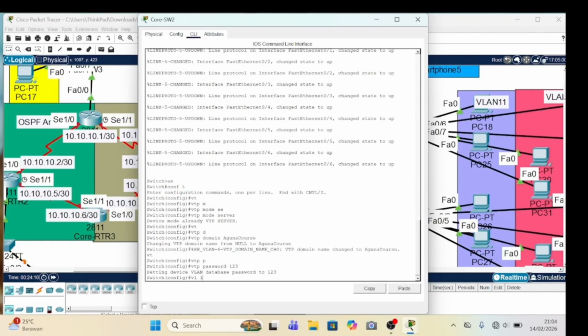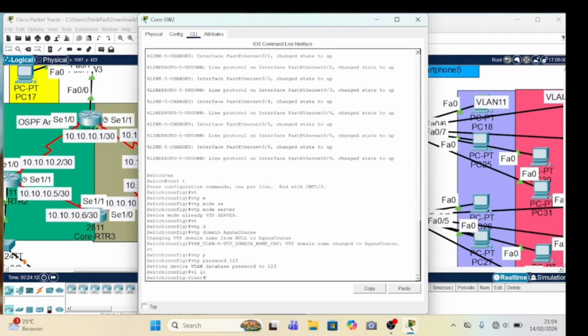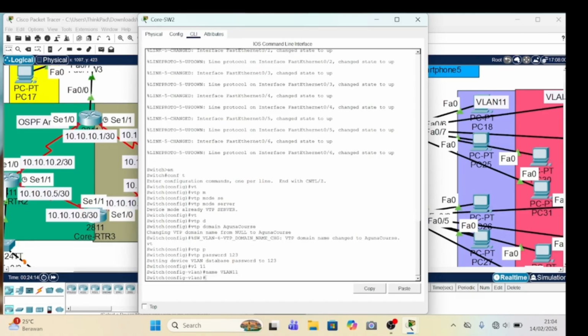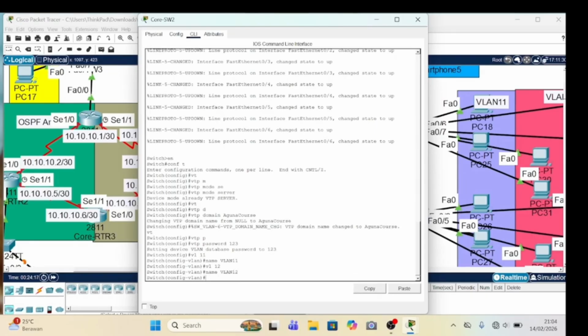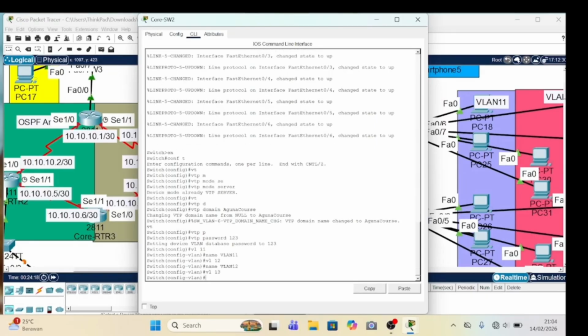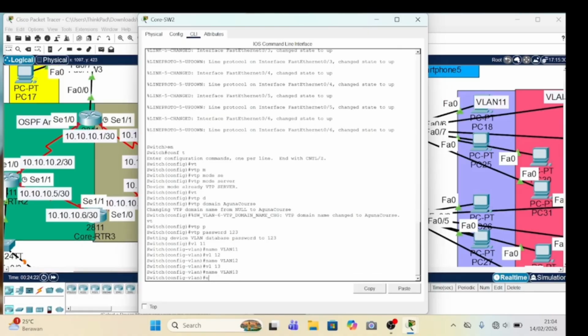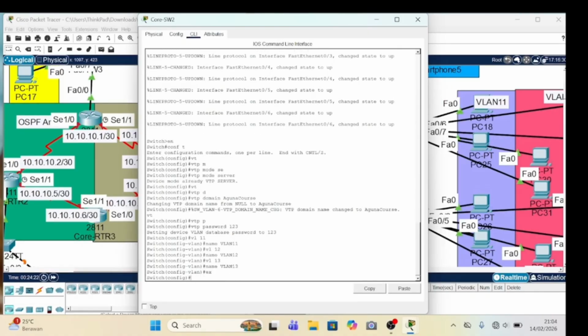Okay, now create VLAN and give a name, and again give a name, and create VLAN, give a name, and exit. And now create interface VLAN,